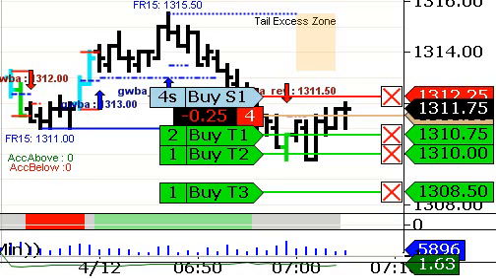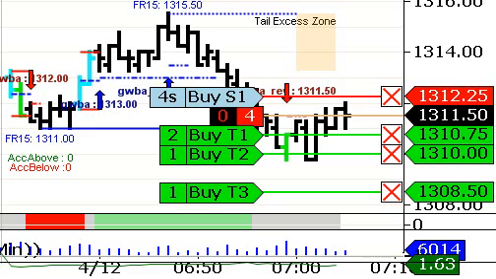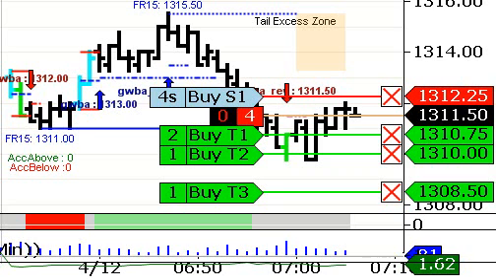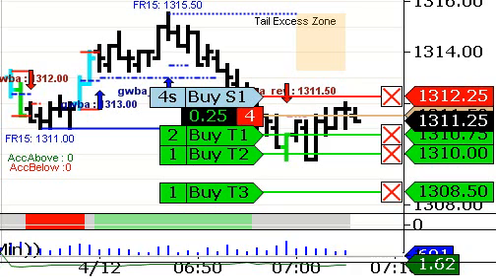The way we like to manage our trades, our basic trade management protocol, is our initial stop will be 6 ticks with a first objective to exit 1/2 of our position at just 3 ticks, 3/4 of a point. Once that happens, our stop is reduced from 6 ticks down to 3. When we hit our second objective, which is 6 ticks, our stop is then brought to break even. So in essence, we have an overall trade break-even stop in once the market has reached our first objective and